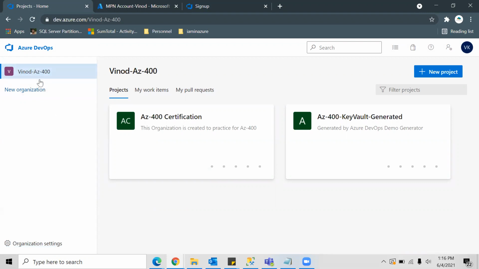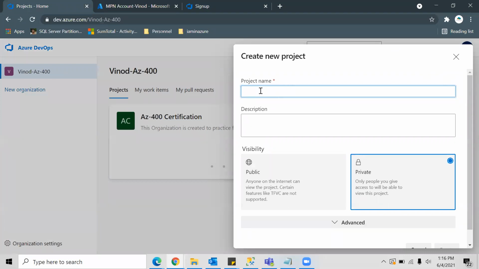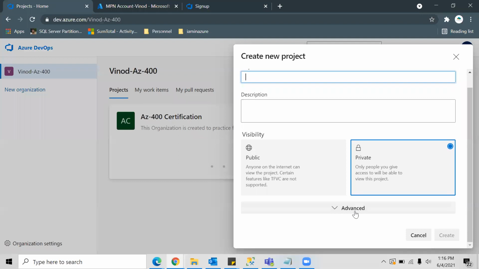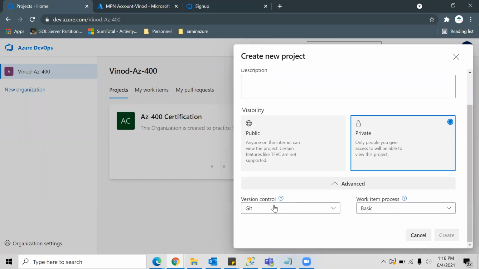Then inside this organization you can create projects. I have already created two. If you want to create one, you have something called New project here. When you click here, you can give the project name, what kind of project it is, add a description, then have it public or private. Then in advanced you will see the kind of version control that you want to use.